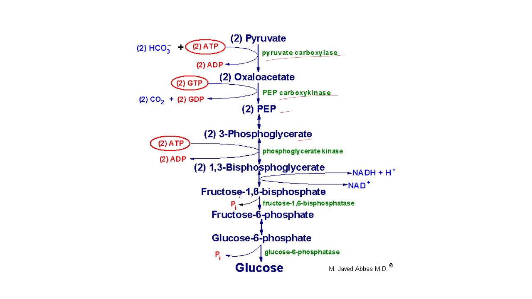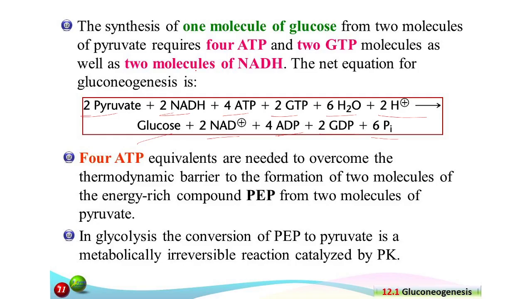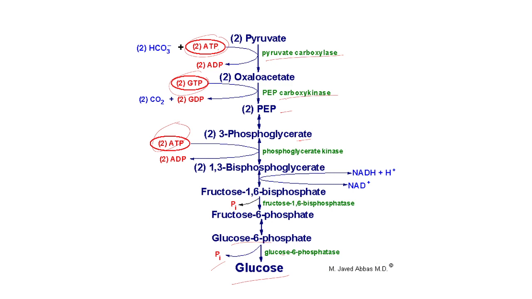This again will convert to fructose 1,6 bisphosphate, generate this one phosphate, fructose 6 phosphate, and then glucose 6 phosphate. Then glucose 6 phosphatase will release one phosphate and deliver glucose. So this 2 ATP and 2 plus 2, 4 ATP plus 2 GDP is required. Okay,